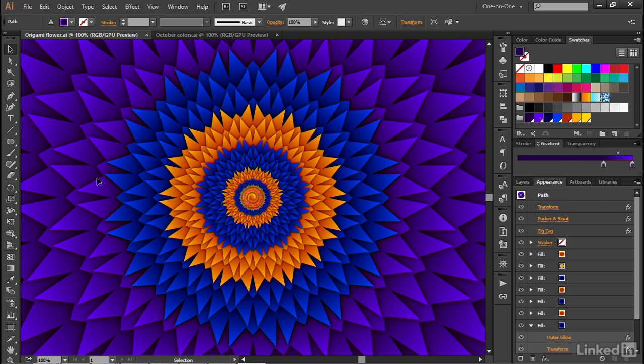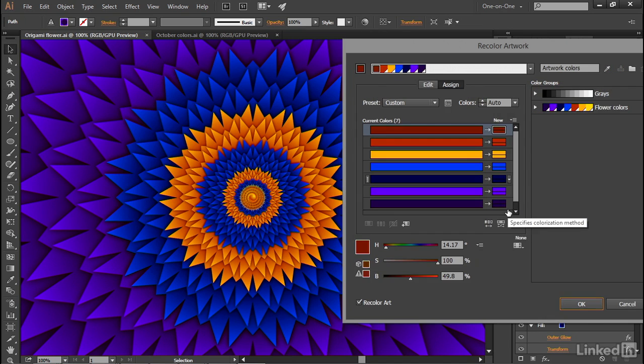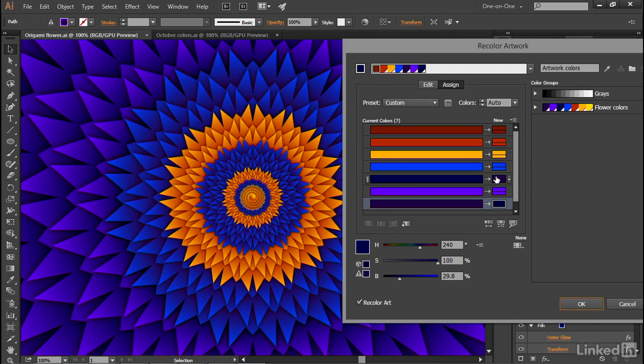And so I'll just go ahead and click somewhere outside in the origami petals, and then I'll click on the recolor artwork icon up here in the control panel. And now I can see my base colors right here, in which case I could go ahead and switch out the dark blue for the dark purple, and that's going to swap those two colors. And then I'll go ahead and drag the brighter blue onto the brighter purple, and that'll swap those two colors as well. Problem is, we've got a total of 7 colors here, and I'm actually only using 6 colors in